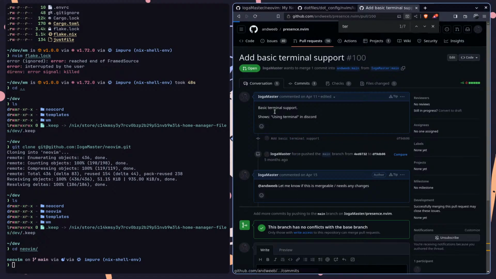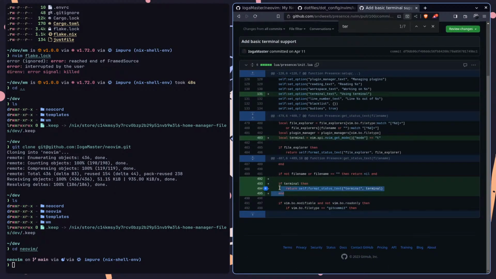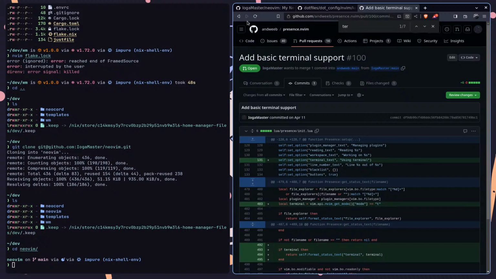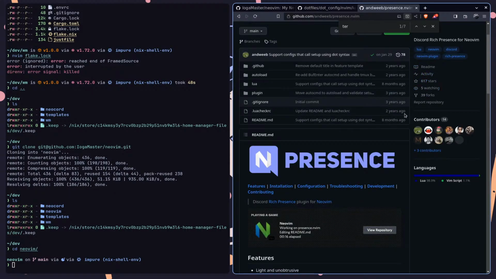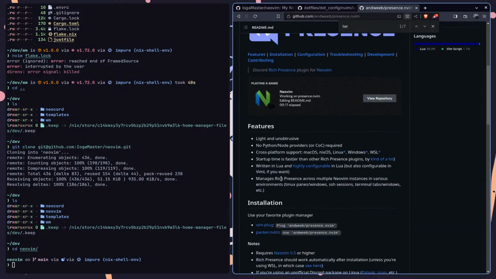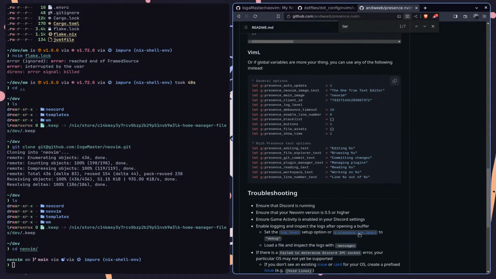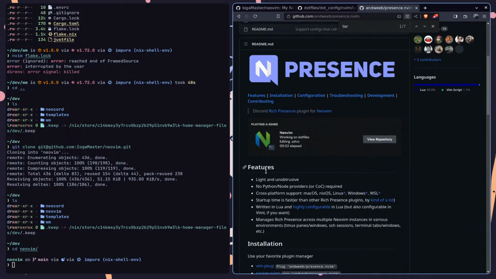Yeah. So I contributed this little thing. It was super basic. It just added the ability to show that you were in a terminal, because it would say I was editing fish every time I opened my terminal. But yeah, he's been too busy to work on that. So I tried making my own, but he doesn't have a license, so it's all his, which means I can't take it and use some of it to build my own better plugin, unfortunately. And yeah, so I think people have talked about it, but this is still a good plugin. I need to add it, but